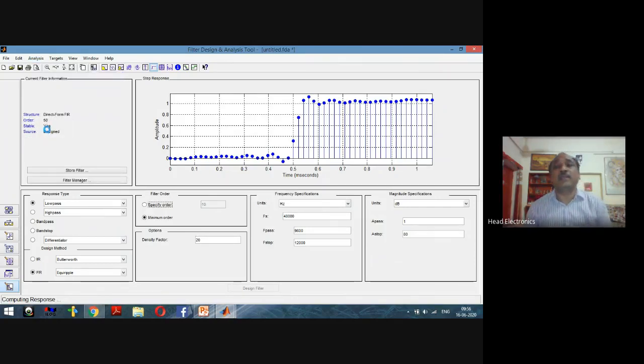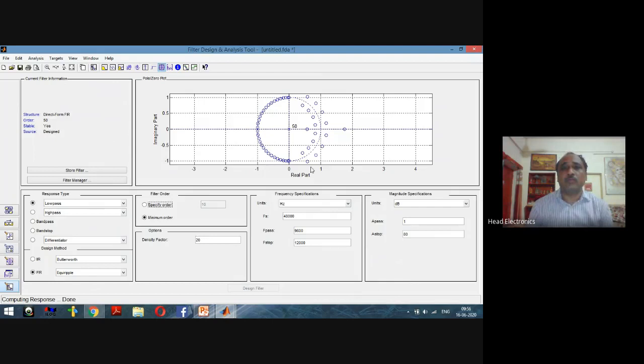Here we can analyze the pole zero plot, what is the location of the pole zero plot, and also we can change here the location and position of the pole zero plot, and we can see the location and position of these points here. At any place if we see, then we will find its value here, what is the value of that particular location and position here.